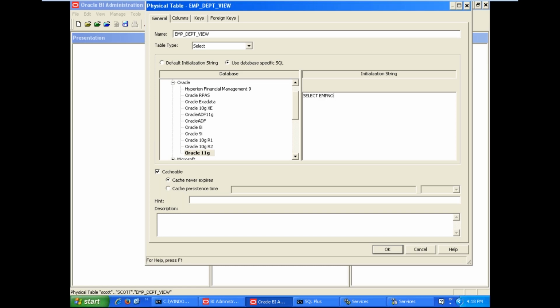Select employee number, ename, job, sal, commission, sal plus commission. Actually, commission has null values. Every employee is working for salary, that's why the salary column has not null values in the database, but commission has null values. Commission is optional, given only to some employees, not all. In the database, if no value is assigned, there is a null value. Null means unknown value.